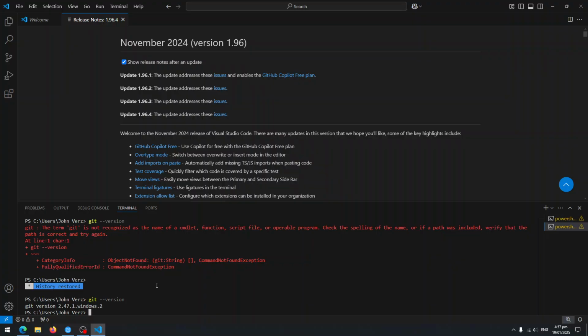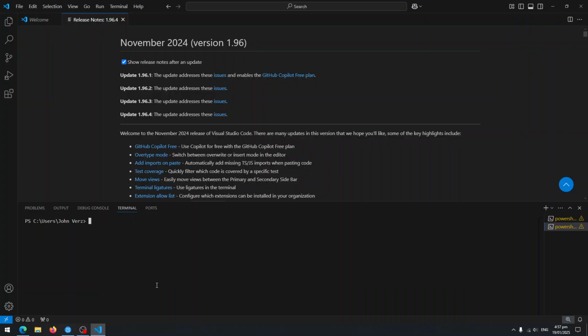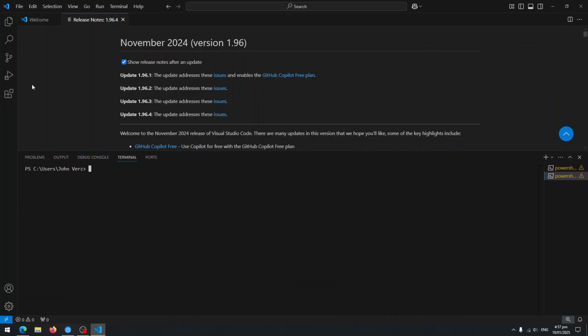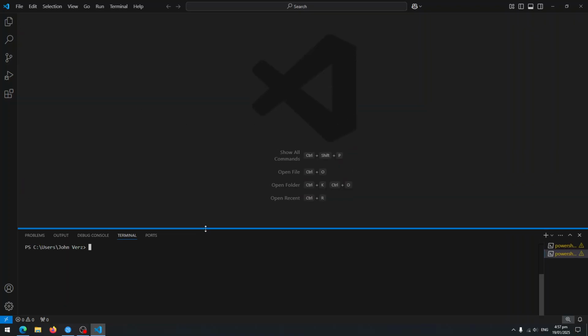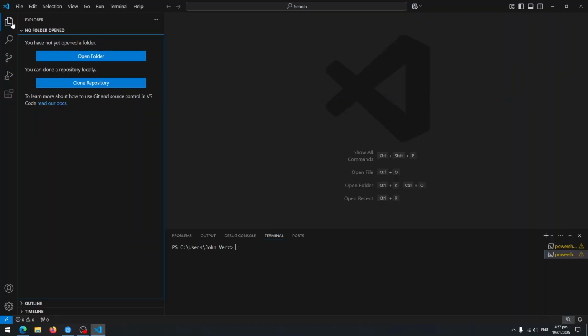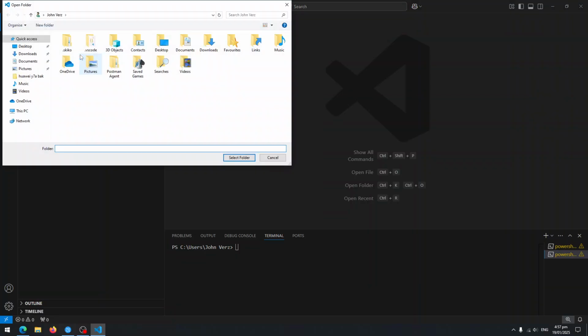Okay, let me just clear my screen. I can type clear or cls. Clear is also working; it's basically the Unix-based way of clearing our screen on the terminal window. Now this time, we're going to create a sample project. To create a free-form project on VS Code, where you're not going to use a template generator, we're just going to click this one and click open folder, so we can open a blank directory